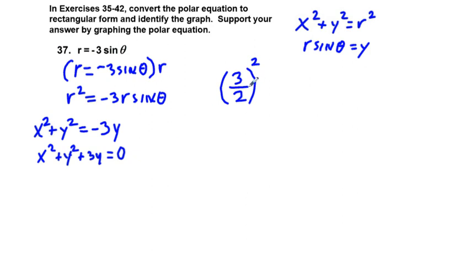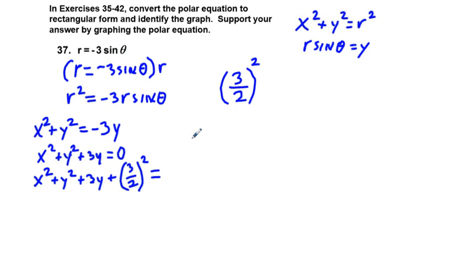And we're going to add this 3 over 2 squared to both sides of this equation. We're going to have x squared plus y squared plus 3y plus 3 over 2 squared